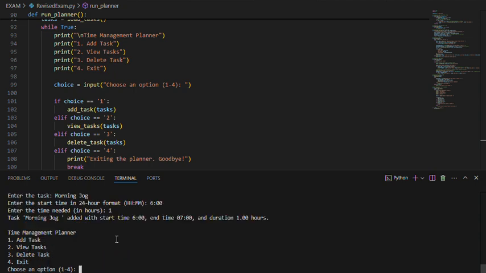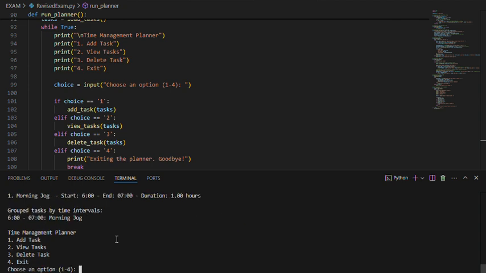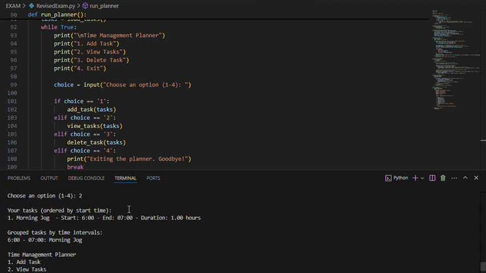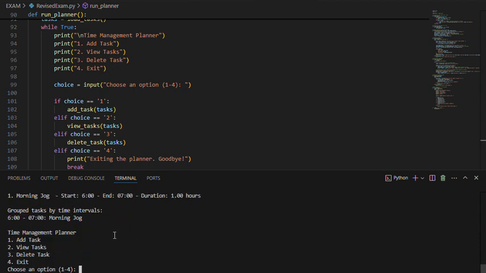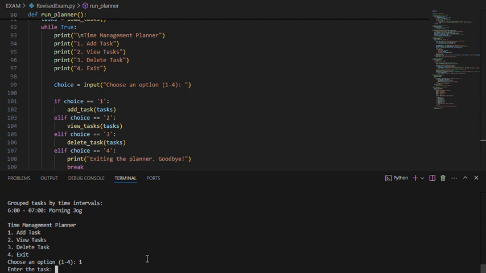Then it will indicate the task morning jog added with start time 6 o'clock, end time 7 o'clock, and duration 1 hours. So now if we view the task, it will indicate that your tasks are ordered by the start time: morning jog, start, end time 6, 7, duration 1 hours, and group task by time intervals is 6 to 7 morning jog.